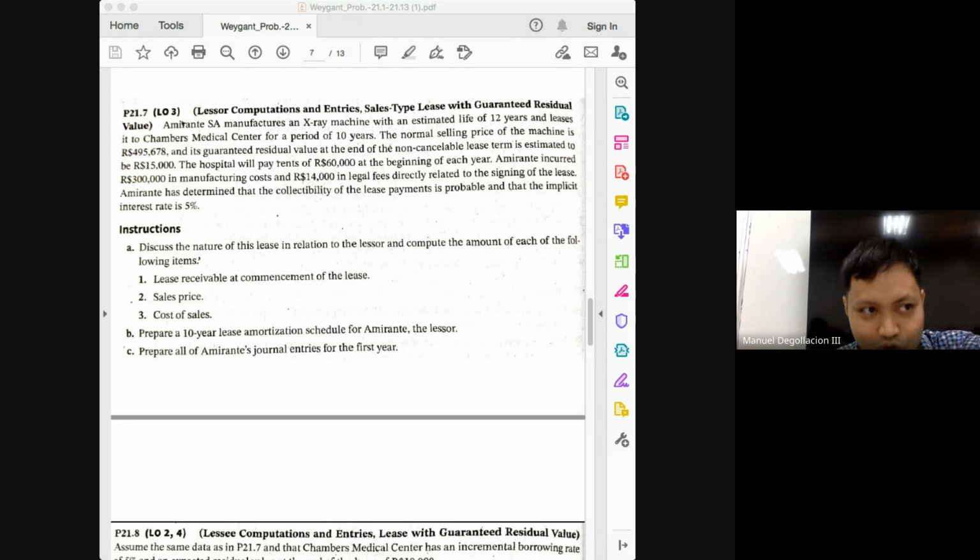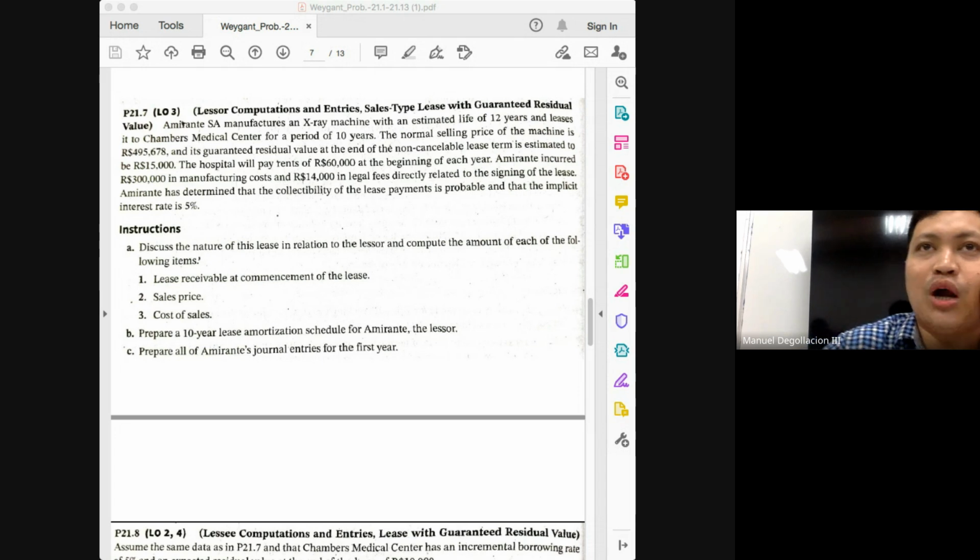Very quickly, can we go over that illustration? Still on page 1117 class. What was the entry on January 1, 2022? Just above the table class. Debit, lease receivable, 100. Cost of goods sold, 85. Sales revenue of 100. Inventory of 85,000. So on January 1, 2022, the initial balance of your lease receivable is 100,000.